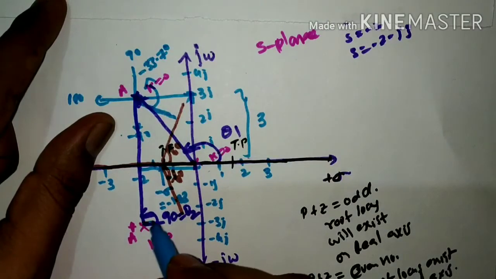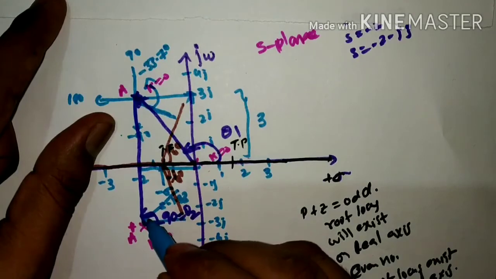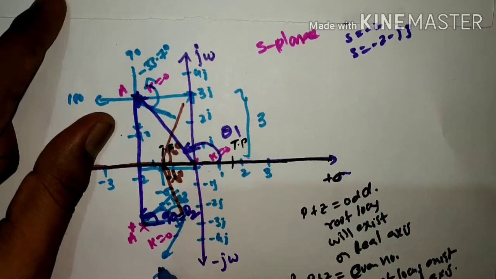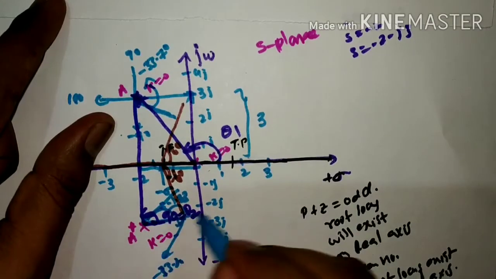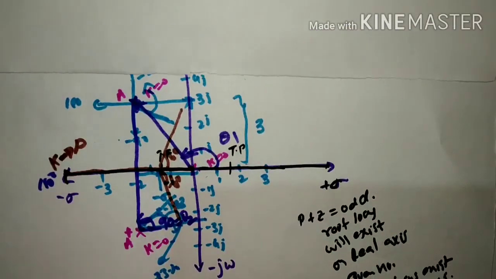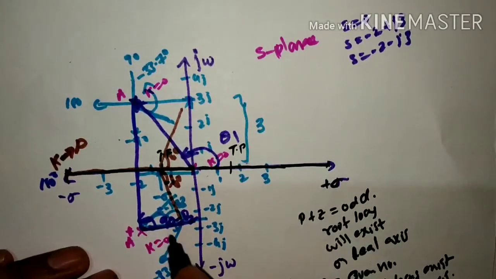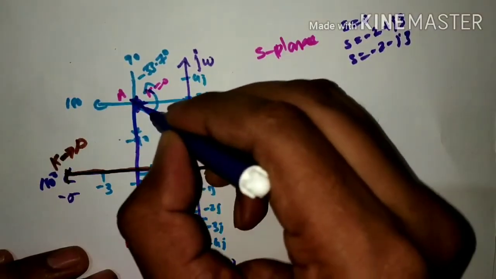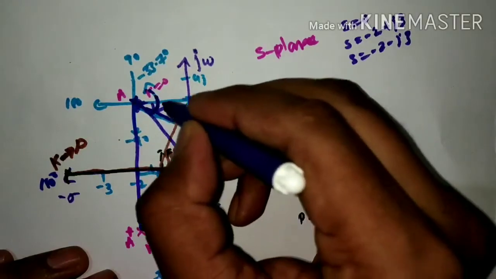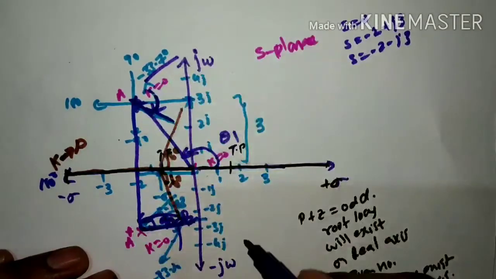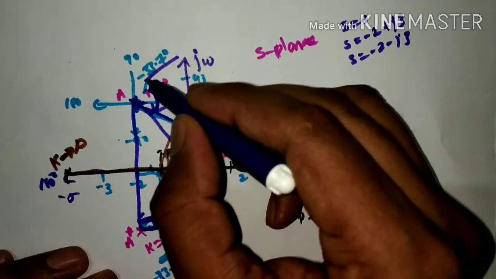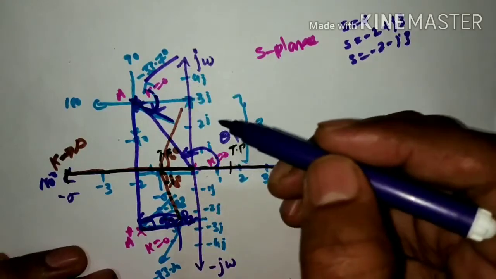Here also the same thing, it is departing. So this angle I am drawing at minus 33.7 degrees. I will draw it in another color so that you will easily understand. How much is it? This much angle here, minus 33.7. So this is going to depart at an angle of minus 33.7 degrees.